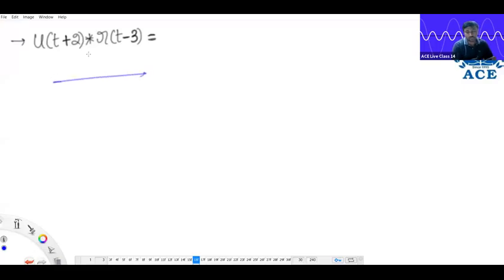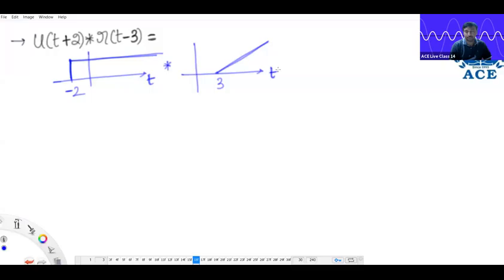So the first signal extends from minus 2 to infinity. The second signal extends from 3 to infinity. Here I am using two properties, sir. I will assume